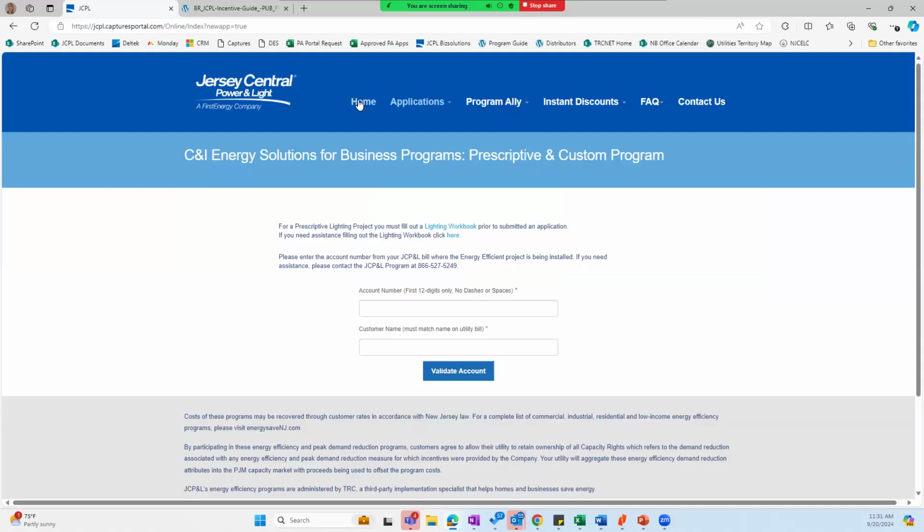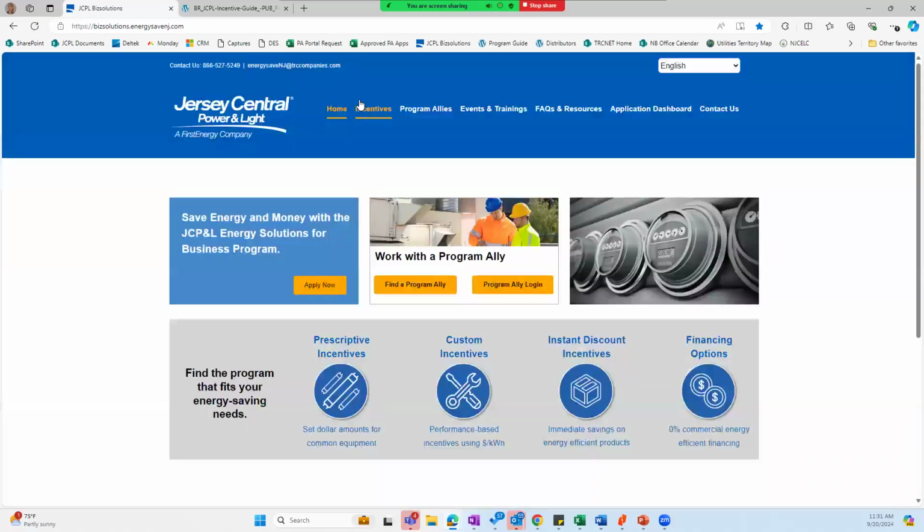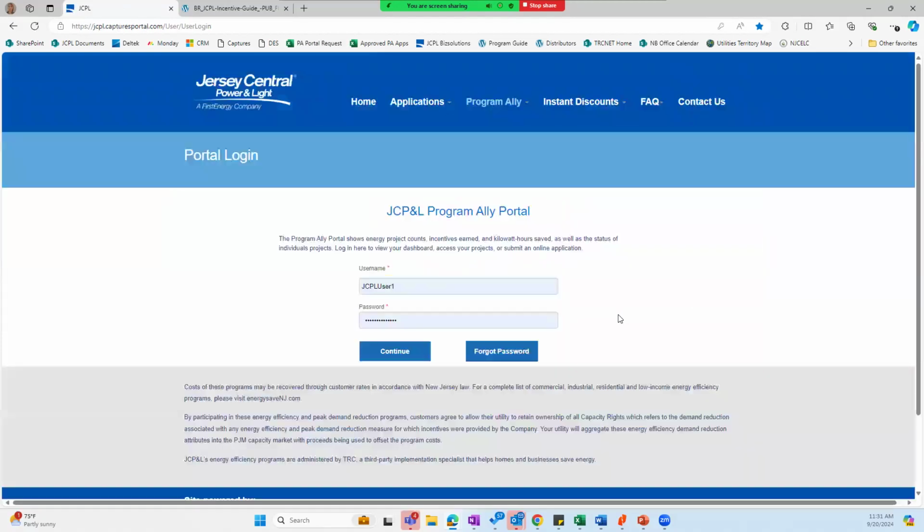Now, if you are a contractor doing a project on behalf of a customer, you must be a JCP&L program ally with TRC in order to submit an application on behalf of a commercial customer. You would go here to log in to the portal, which holds all of your applications.